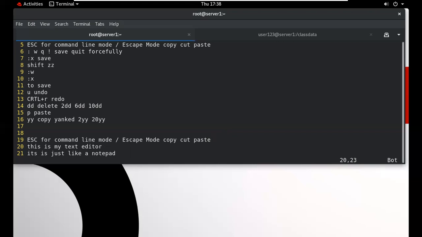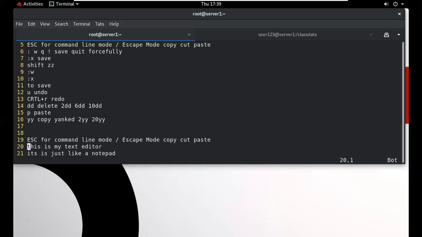Suppose we are at this time on line number 20. We want to move to the first, so 0, and to the last, we can use $. We can also use another key from the keyboard, the home button. At this time we are at the end of the line. When we type the home button from the keyboard, we move to the first of the line.